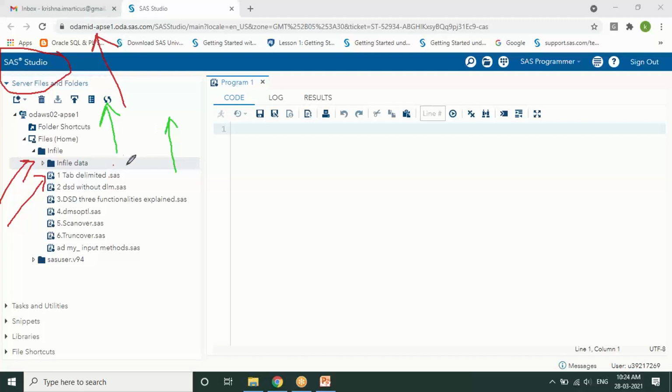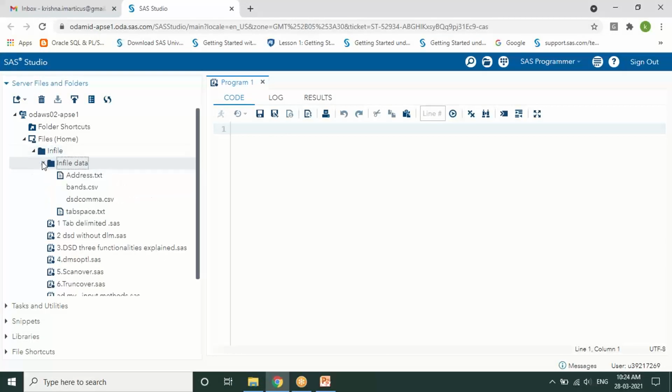Whether you create a folder or upload individually is up to you. Please upload the SAS programs and data, both. I have just uploaded my SAS data and the SAS codes. Once everyone is ready, we'll start with the topic.